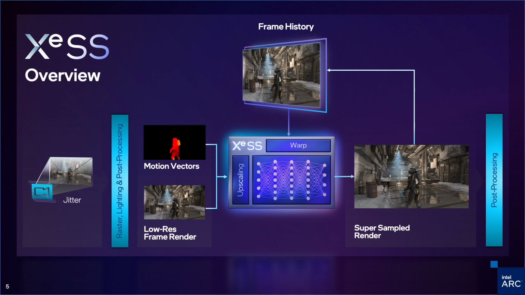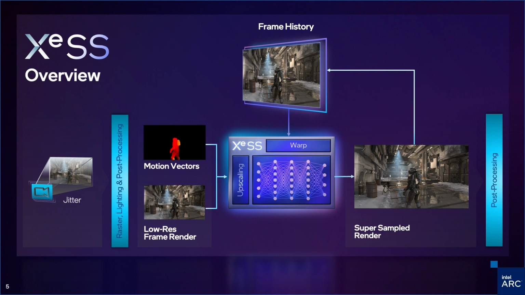Frame history is an internal input to XeSS that is hidden from the game developer. What we call history here is exactly the super sampled image that the XeSS model has generated for the previous frame and stored for internal use before post-processing is applied to that frame. Before the history frame is fed into the XeSS model, that frame is warped using motion vectors we received from the game engine to assure the history frame does match spatially with the current frame as accurately as possible, which is important